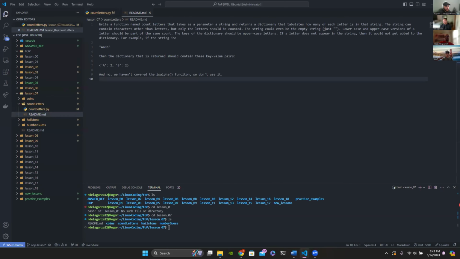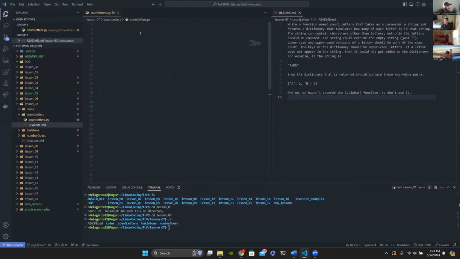All right. So we have the assignment. We need to create a function that's going to take a string that can be anything, whether it be numbers or capitalized or lowercase letters. We need to parse through the string itself and then separate it into a dictionary while counting the number of times each letter appears. So we're going to go ahead and define this function, def count_letters,